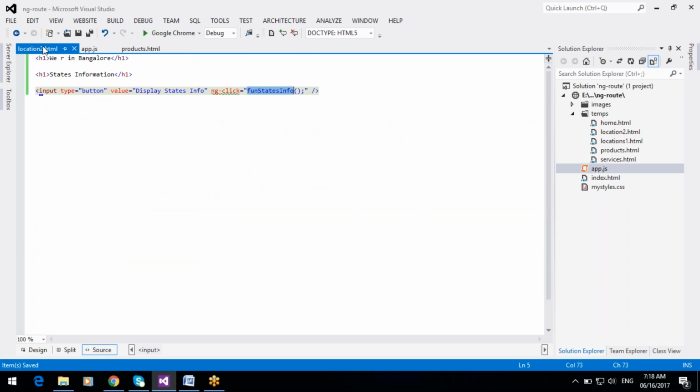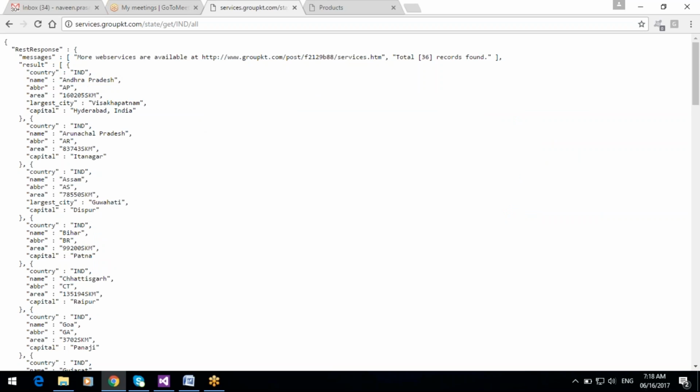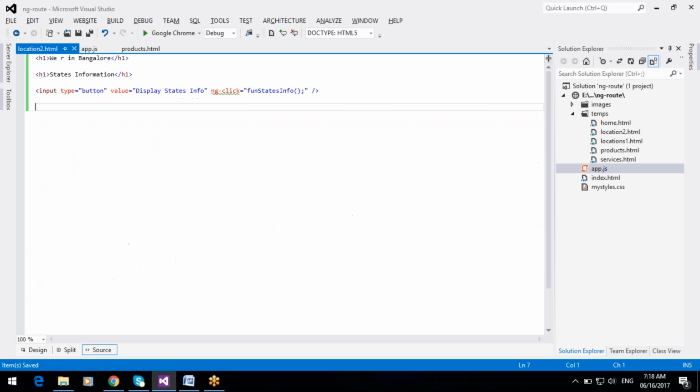And again, here I want to display only the states information: state name and abbreviation. I want to display only state name and abbreviation in table format.